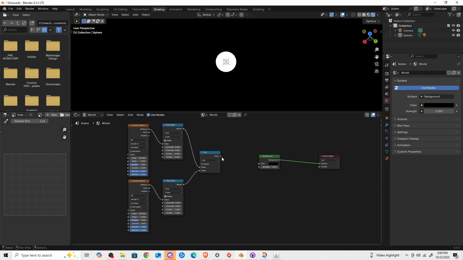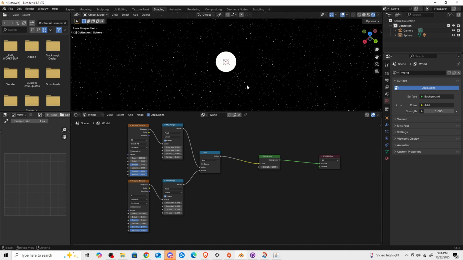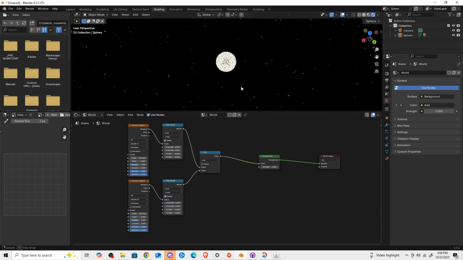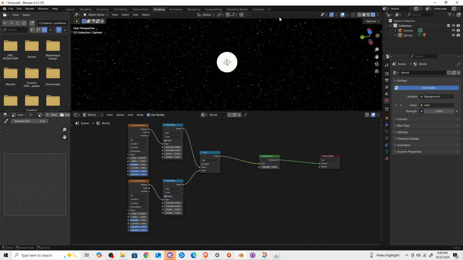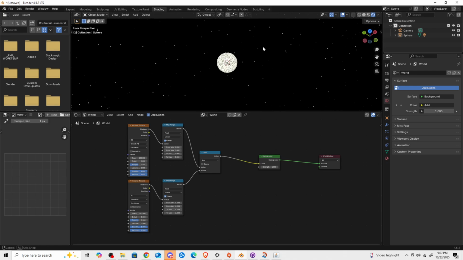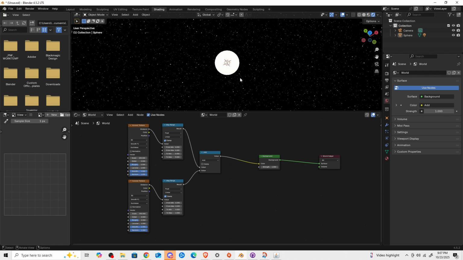Then we want to take, I believe it's a noise texture. Yeah, okay, so what you could do first is just add the value from add to the background. And this looks pretty good. I mean, like, I don't know, to me this appears like a background, but if we want to kind of pop off and do a little more just to make it look all that much nicer,